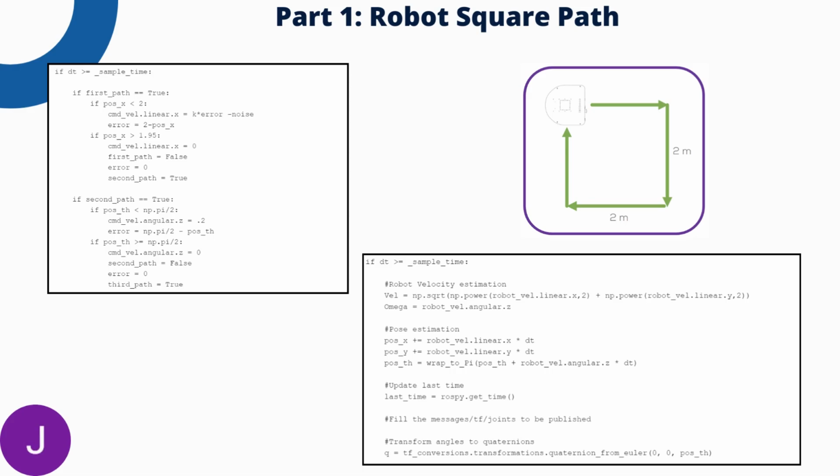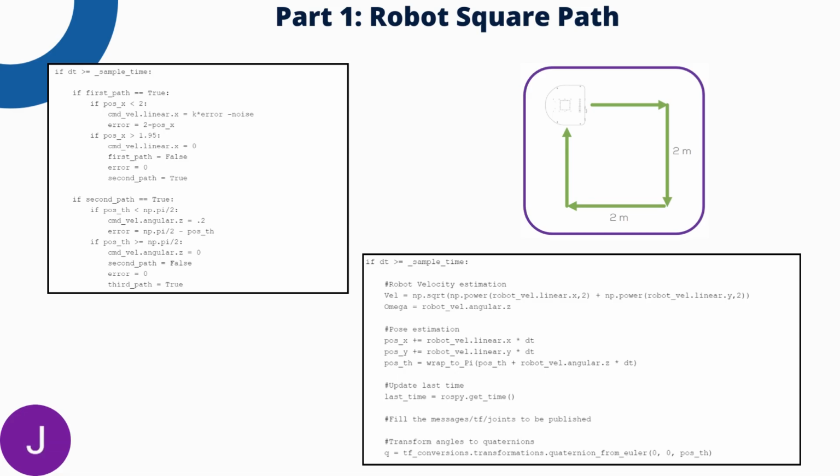In this activity, we created a speed control with the purpose of generating a square trajectory for the robot. To achieve this, we created a control node in the non-holonomic kinematic sim.py script in which we set the following condition. If the robot has not reached the desired position, 2 meters, we apply a control through the command cmd_vel.linear.x. We use a constant called k, the error, and a noise constant to calculate and send the speed